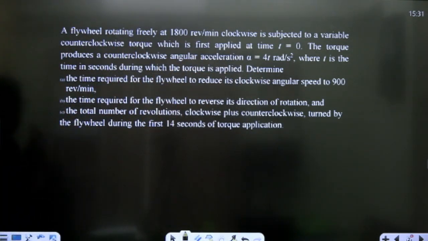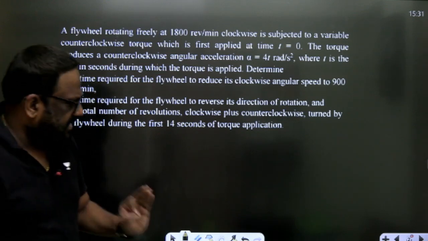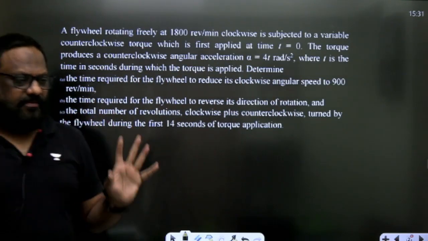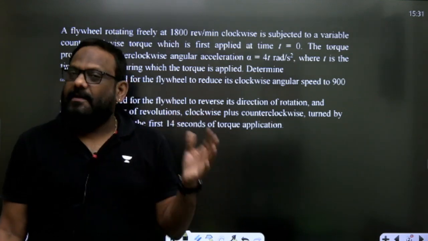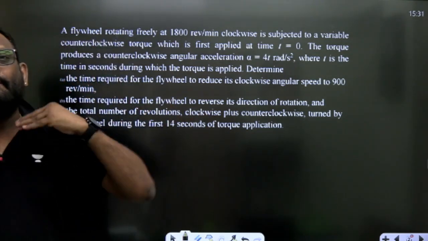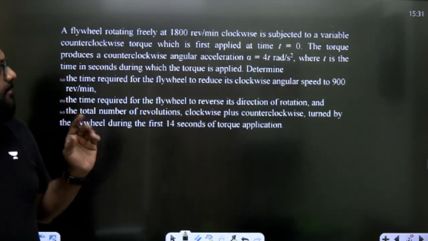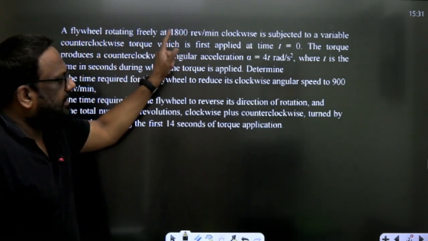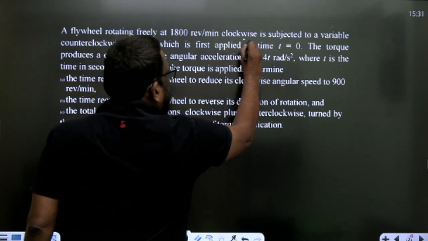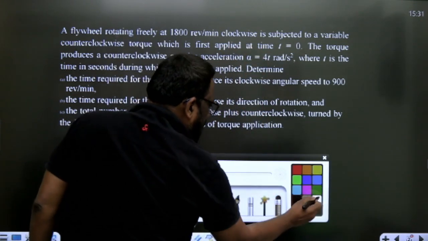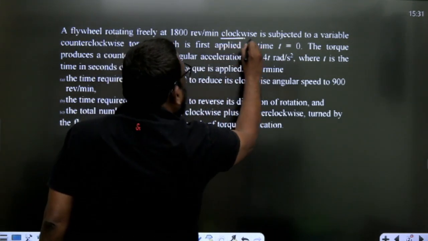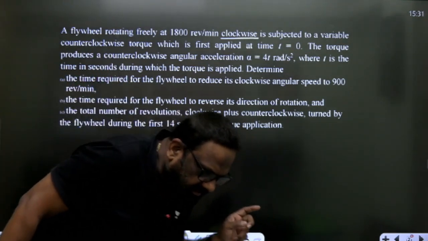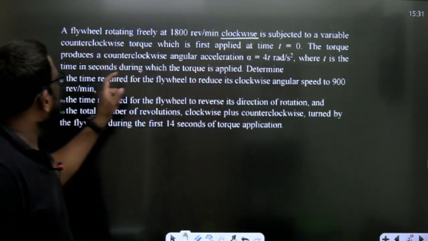It is a basic question. It's not on flywheel. Don't think that it is a question on flywheel. It is on basic concepts. A flywheel rotating freely at 1800 rpm clockwise. Note down this: clockwise. Is subjected to a